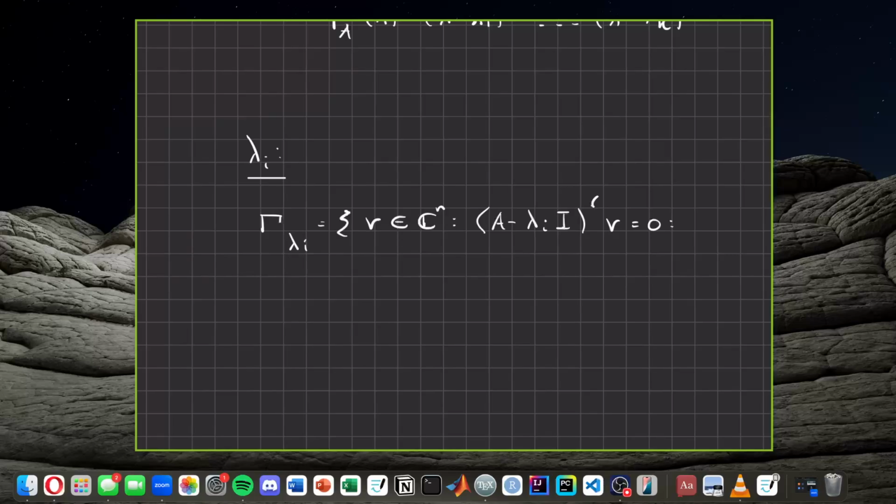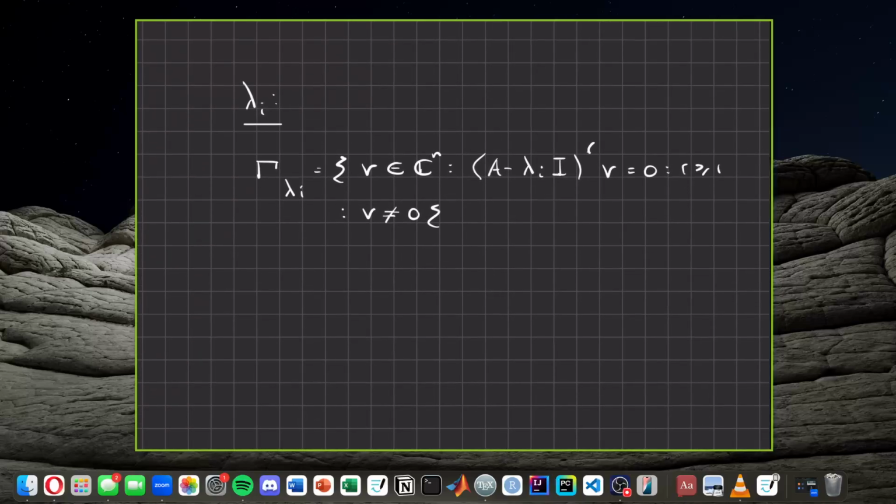And of course we want to make sure that R in this case is just greater than or equal to 1, because if it's 0, it's just trivial. And we want to also assume that v is not equal to 0, because that's trivial as well. This might be a more abstract, generalized definition, but if you've seen eigenvalues, you've probably